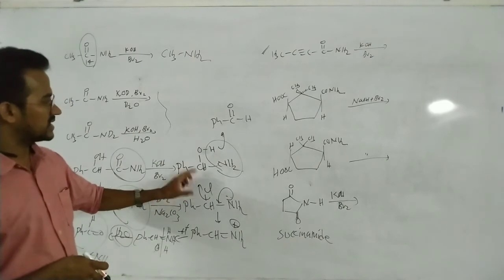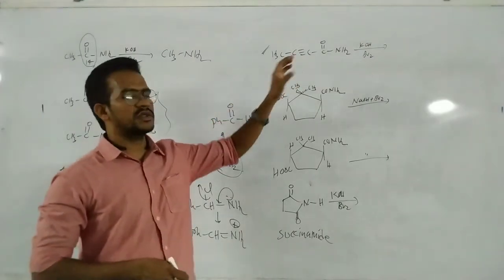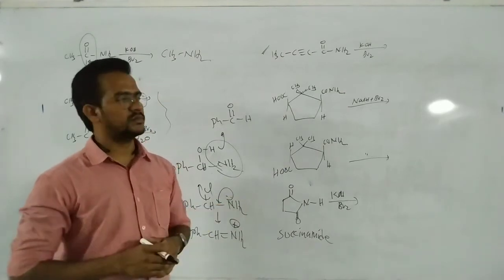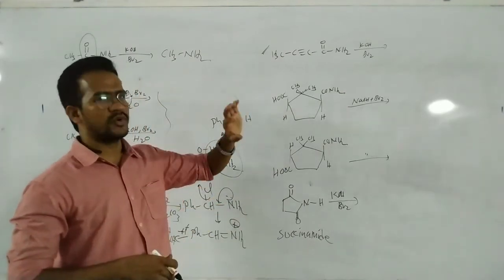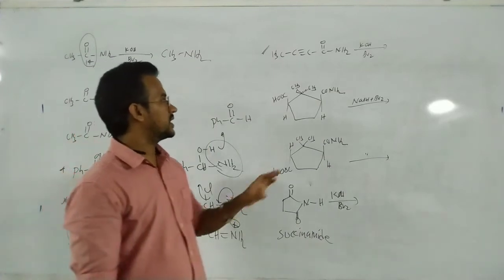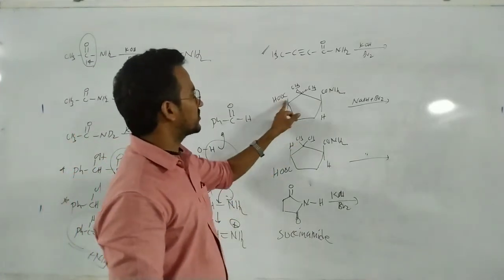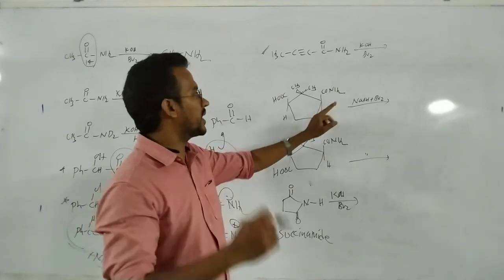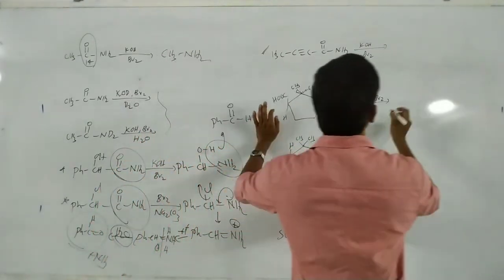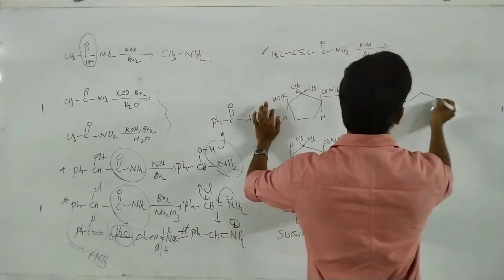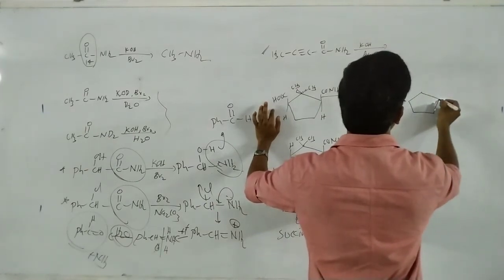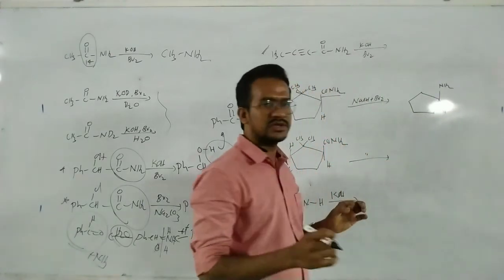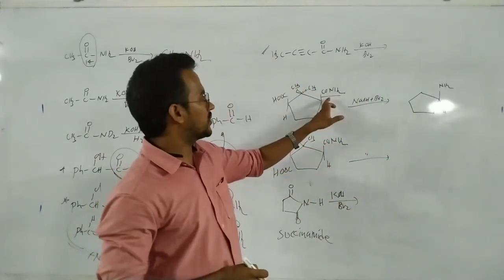In this case, loss of a water molecule. In this case here, one phenomenon takes place after formation of the product, that is nothing but tautomerism. By tautomerism we can get the different product; we can write the mechanism. And next in this case here, this is the carboxylic acid group and this is the amide group. Generally this reaction takes place on the amide. So here the CONH2 is converted to NH2.